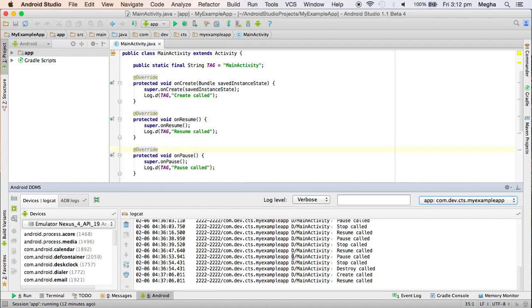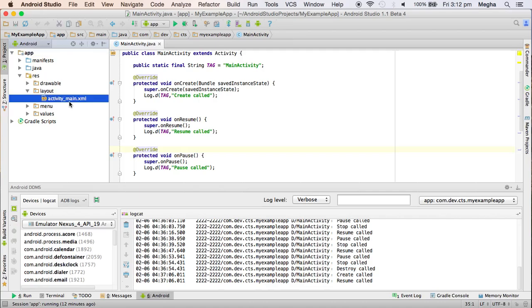This time we have to recall our HTML programming techniques also, because it is similar to it, but we are going to use XML to create our UIs. So that particular file is actually residing in the resource folder, and a folder called layout. There is one XML file, activity main. If you open it,